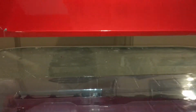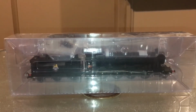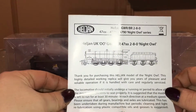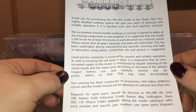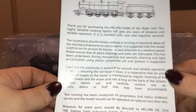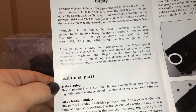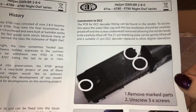So we now have the standard for almost all model manufacturers these days, the ice block packaging. With a slight difference, which I will come to in a moment. We have the information leaflet, just telling you basically clean the wheels, no fluff, running it in. Brief history of the class, what additional parts are included, which we'll come to shortly, and how to remove the